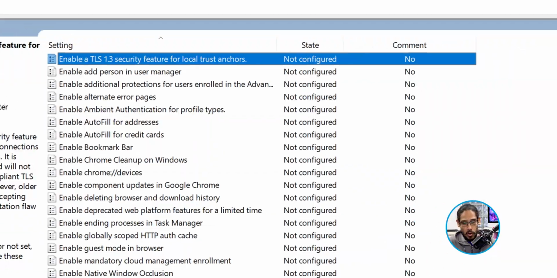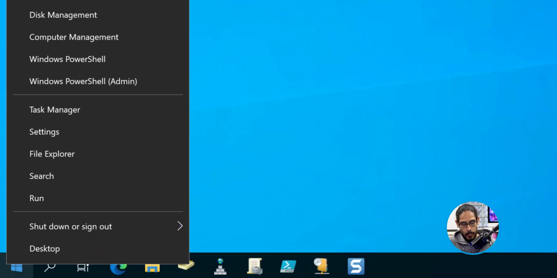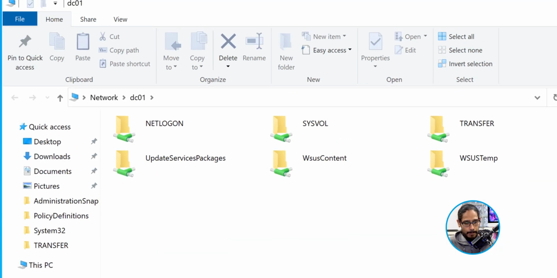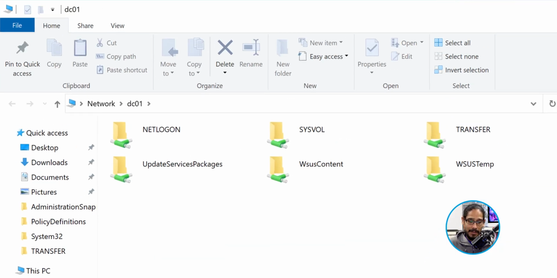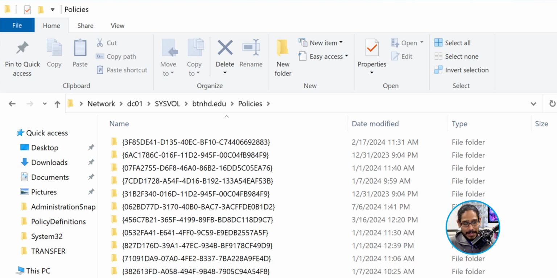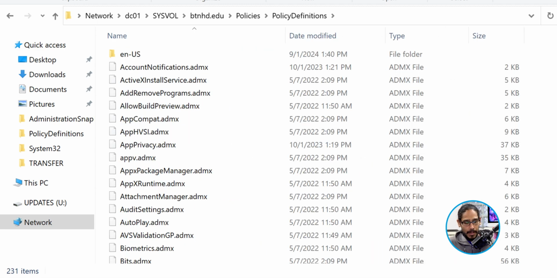So to check on that on the domain controller desktop, I right-clicked on the start menu. I went to Run. Within Run, I did a backslash backslash DC01. Yes. I hit OK. It took me here. I went into the SYSVOL folder. I double-clicked on my domain controller shortcut, which should take me here. I went into the Policies. Within Policies, I located the PolicyDefinitions folder. I double-clicked on the PolicyDefinitions folder. It took me here. And I kind of sorted everything out and I located my Google and my Chrome.